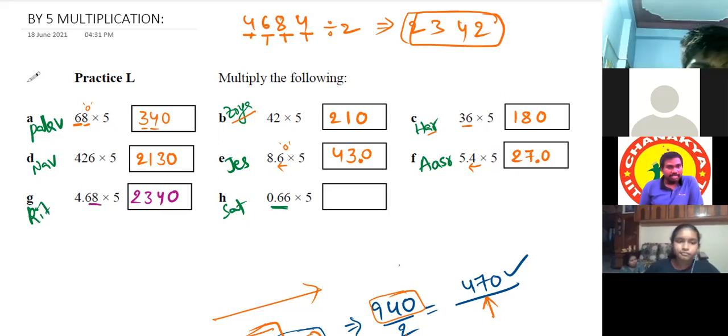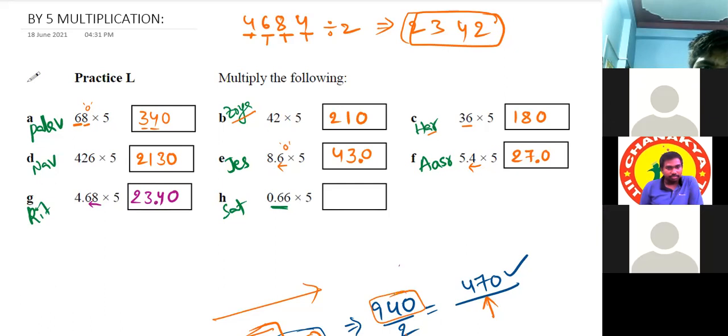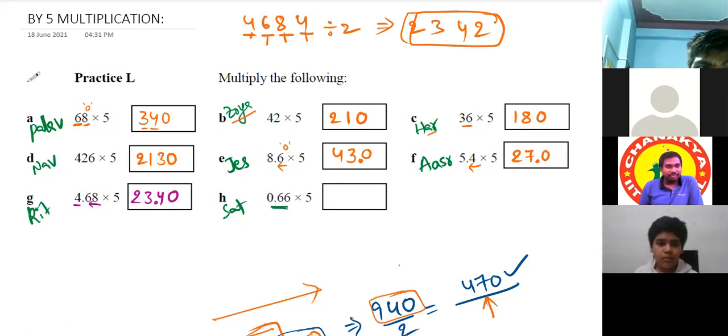From the right side after 2 digits a decimal point. So from the right side, after 2 digits a decimal point means 23.40. Yeah, 23.40. Just think, it's already 4 5s are 20. It should be more than 20 or less than 20. More than 20. More than 20 means after 23 there is a decimal point, not after 2.